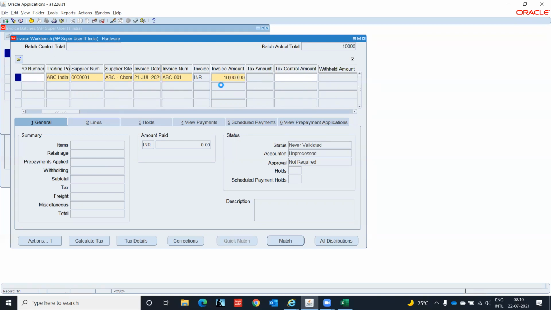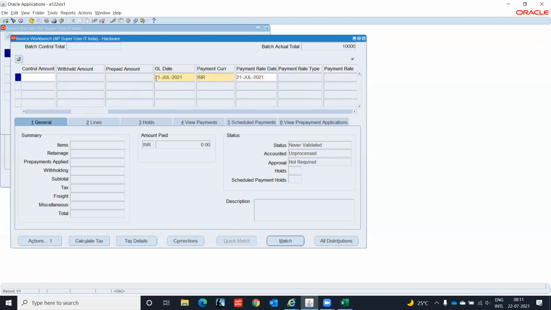Okay, 10,000 rupees. We have not done the tax setup till now. So we will do the tax setup and then we'll come again to this screen to enter the invoice with the taxes. Okay. So this is what, tag 10,000 as the invoice.